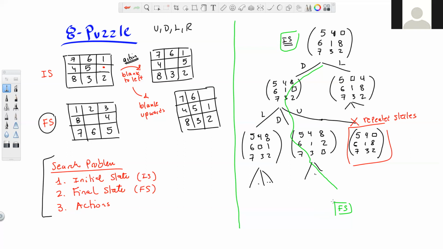But as we'll see next, the quality of these paths and therefore the corresponding solutions do vary. And this is where things get interesting, and this is where search strategies, as we will discuss them later, you'll see they will do